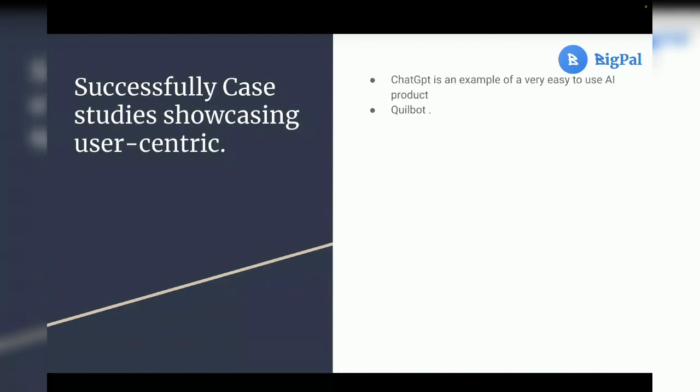So, yeah, successful case studies showing user-centric design. Talked about this a lot already. ChatGPT, Crew bots, AI bots on Snapchat, AI bots on WhatsApp, Grammarly. I'm trying to think of more. I know more. There's this word AI tool, very simple to use. There's personally one that is not simple to use for me. I really do not like the site because I feel like they could have done better. I felt like too much was going on at the same time.